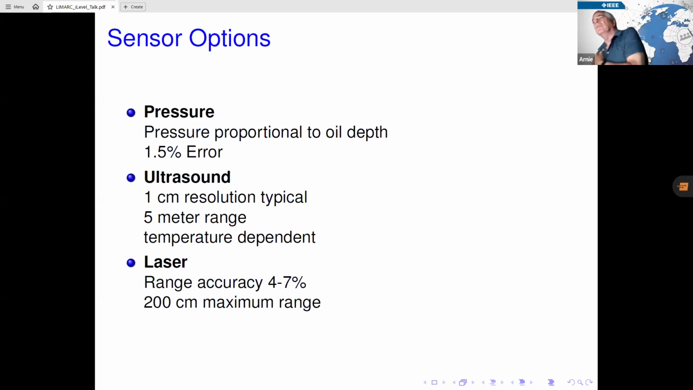So here are some options. You can measure the pressure of the oil. You can measure the range, the distance from the monitor to the surface of the oil, using ultrasound, and you can laser range as well, over almost 2 meters with an accuracy of about 4 to 7%. How would you choose among these? Well,